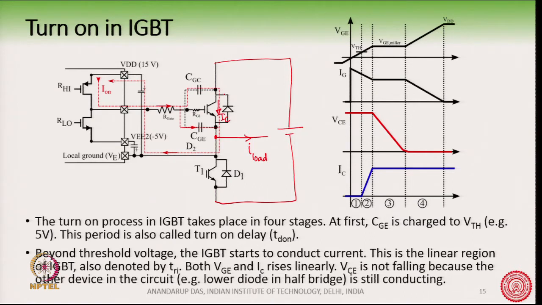This current is not equal to the load current. So, this is the load current here. Okay, this is the load current. So, IC has not taken up the whole load current. Okay. If you think that the load current is a big current source, then